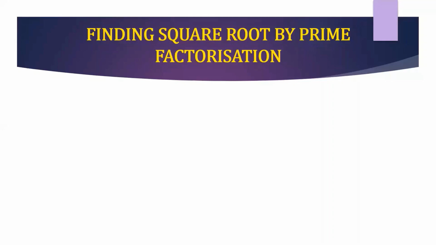We have such sums in the exercise also, so we will see them when we are solving the exercise. Here we are discussing the method of prime factorization. You know how to find the prime factors of any number. Let's see. Find the square root of 144, or it can also be asked as find the square root of 144 in symbolic form. For that, we will first find all the prime factors of the number 144.